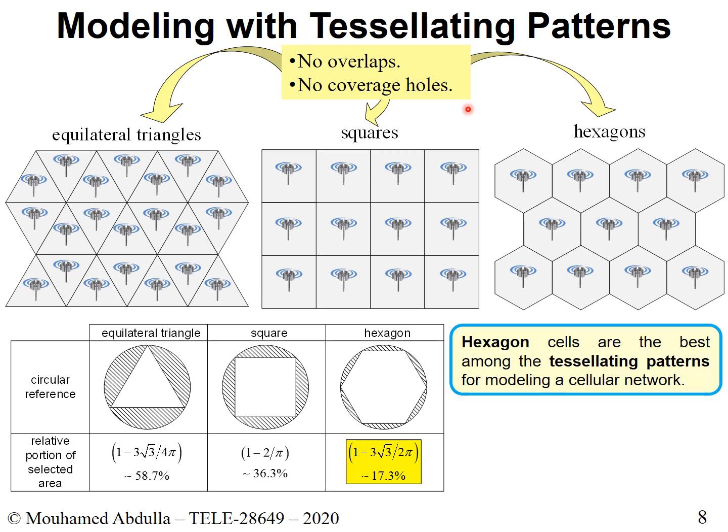So this should lead us to believe that when we do analysis and network design, it is not a bad idea to consider a hexagonal cell. You could do that because of the key advantages: no overlaps, no coverage holes, and it resembles a circular cell. So this is the best choice, and therefore hexagon is the winner among these three options. Now, again, I have to re-emphasize that in real life, there is no cell that looks like a hexagon. This is just a model that we use for network analysis and design.